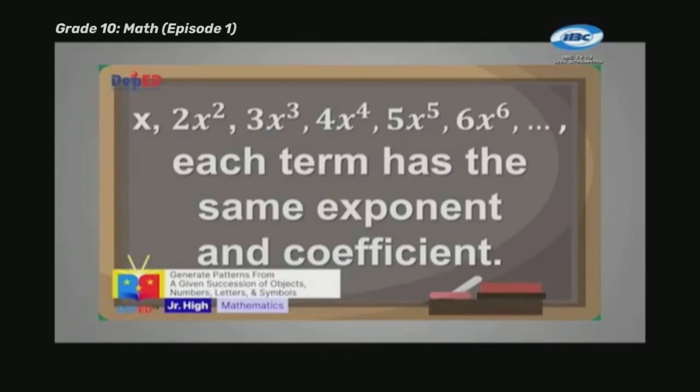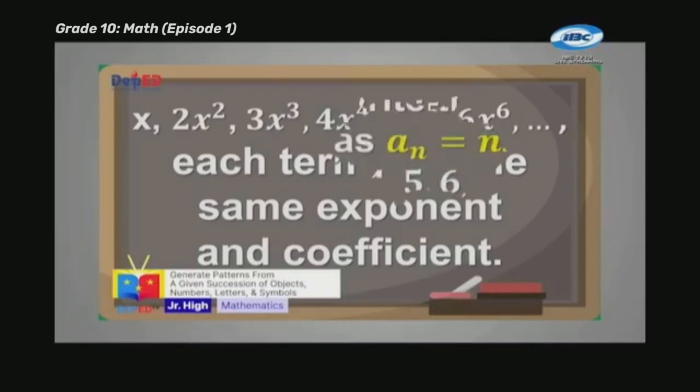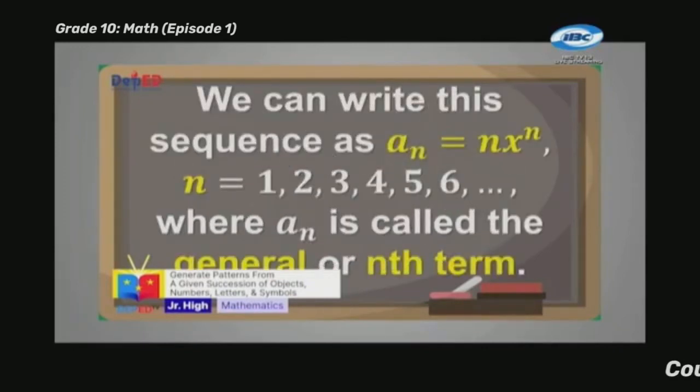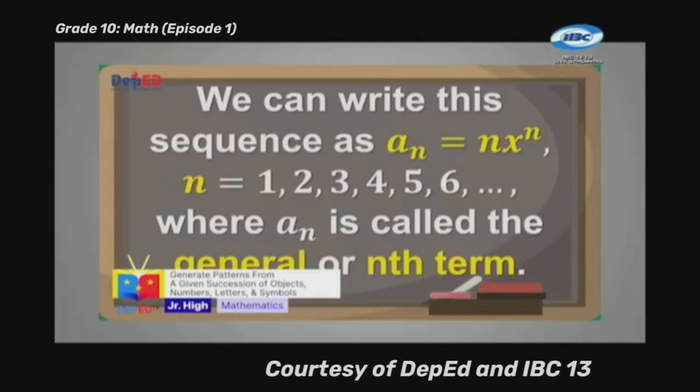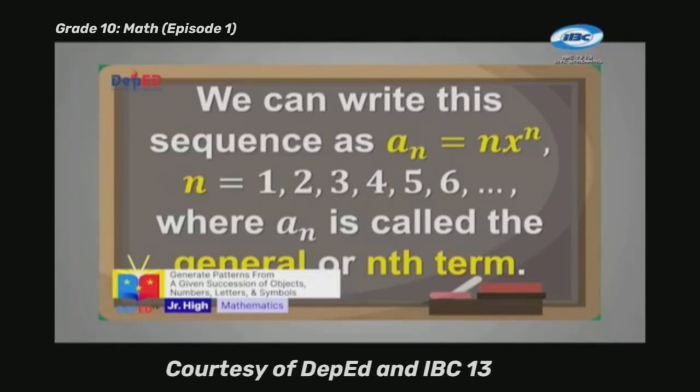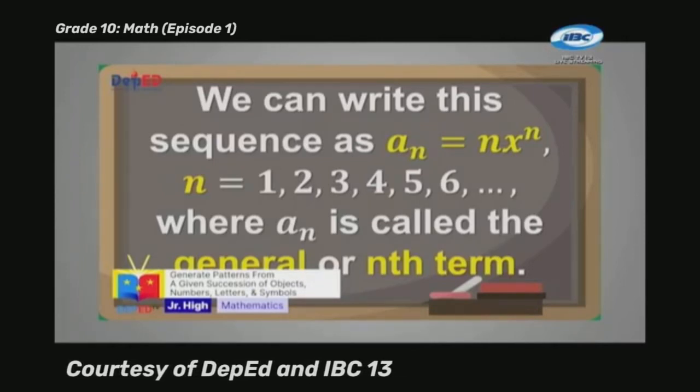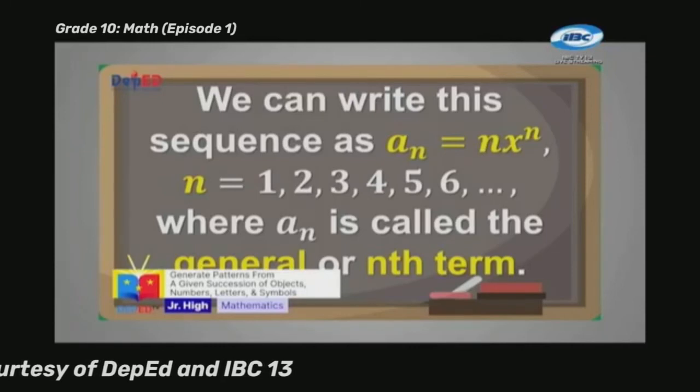Each term has the same exponent and coefficient. We can write this sequence as a sub n is equal to n x raised to n, where n is equal to 1, 2, 3, 4, 5, 6, and so on, where a sub n is called the general or